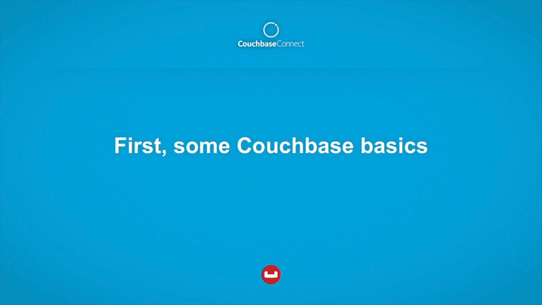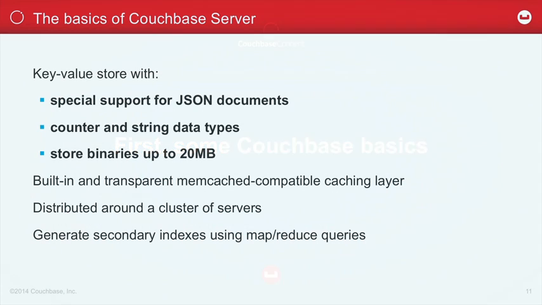I'm guessing most people here are aware of the basics of Couchbase already, but just very quickly, because it's pertinent to data modeling. It's a key value store, so you can bung anything you like in it, with special support for JSON documents. It's got caching, so you don't need to necessarily model your data in such a way to get around speed problems, because Couchbase is fast. It's a distributed database, but